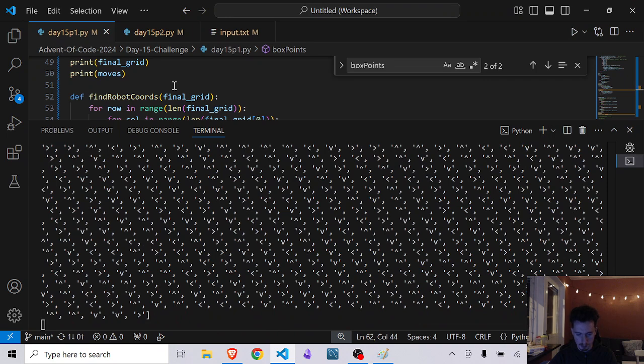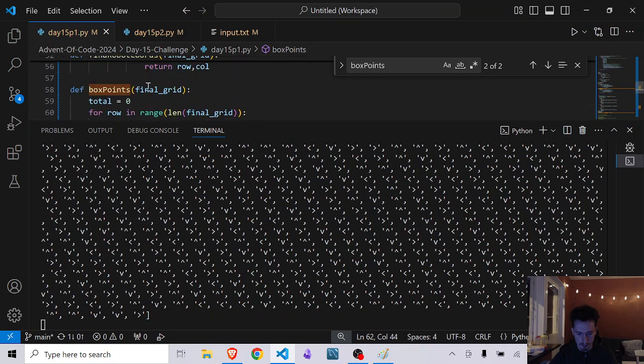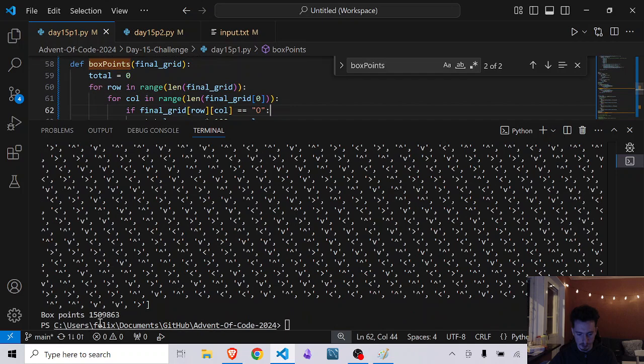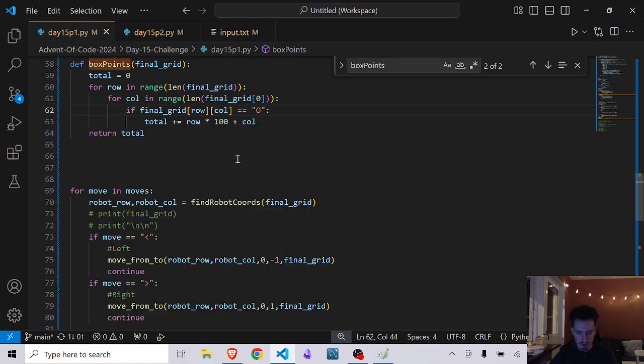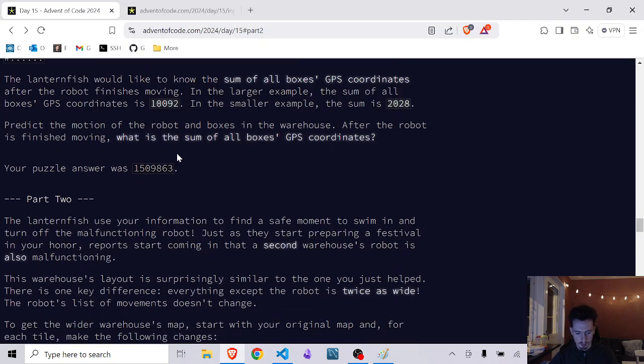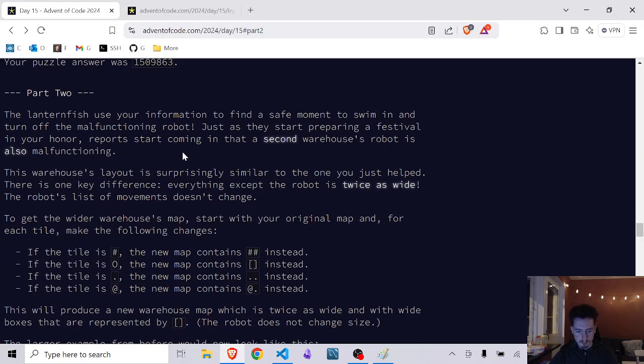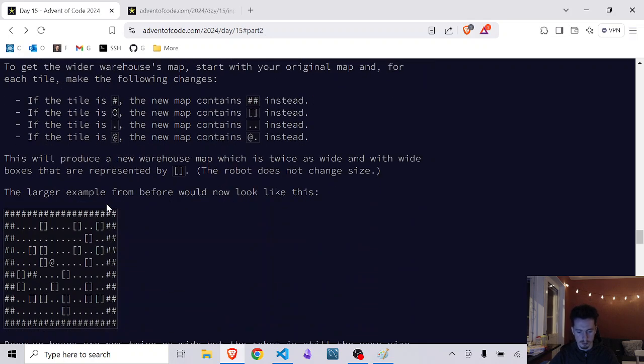and it takes a second, it just printed the last thing here, but now we can see that it also printed the box points, 1,500,000 something, and then 863 at the end, which seems to be correct. So that was part 1, and now for part 2, what they want us to do is to sort of